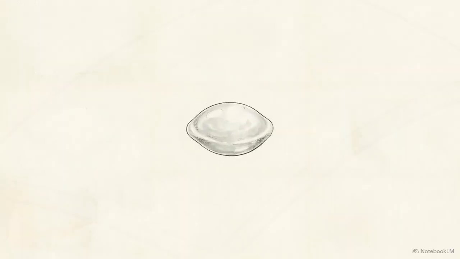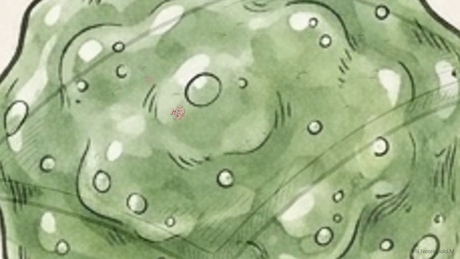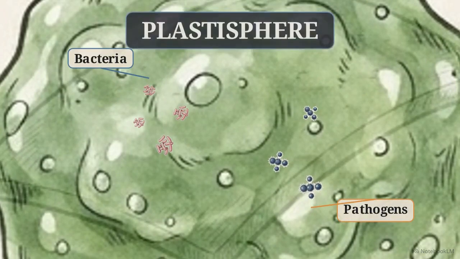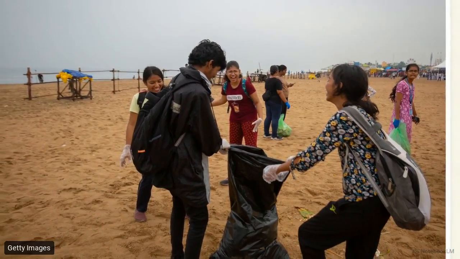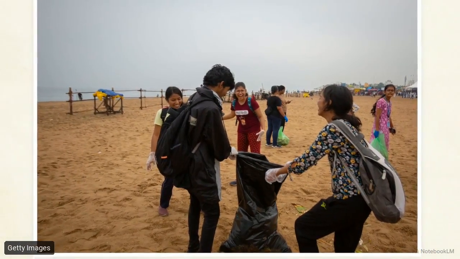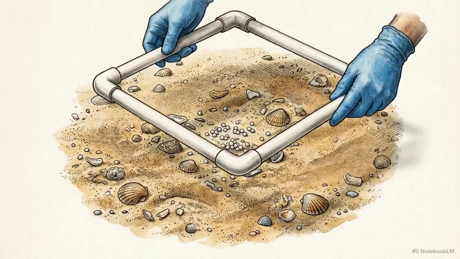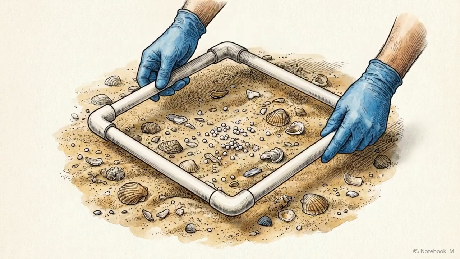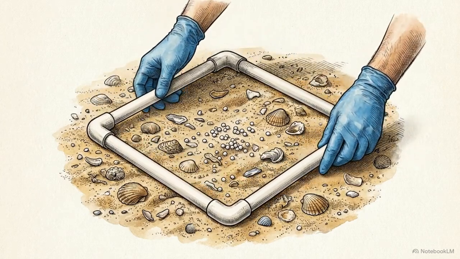The surface of the plastic is often colonized by bacteria and pathogens. Scientists refer to this microscopic ecosystem as the plastosphere. Removing these nurdles from the environment reduces the amount of concentrated toxins and pathogens that can enter the local food chain. To start the field survey, place a 1 by 1 meter square quadrat randomly along the beach's high tide